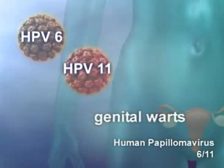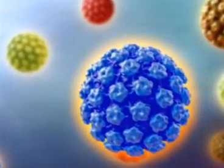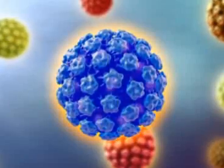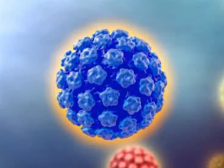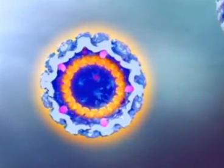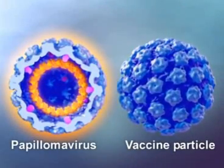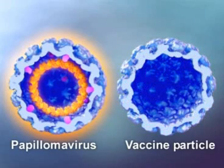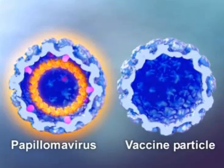The human papillomavirus has an outer shell or capsid comprised of the major capsid protein L1 and the minor capsid protein L2. It's the L1 protein that stimulates the major antibody response in humans. Within the human papillomavirus capsid is the viral DNA. Gardasil is made of virus-like vaccine particles, bioengineered from only L1 proteins. These vaccine particles are empty shells containing no viral DNA and are therefore not capable of causing infection or HPV-related diseases. However, because they're made of L1 protein, the vaccine particles are able to mimic the virus and elicit an